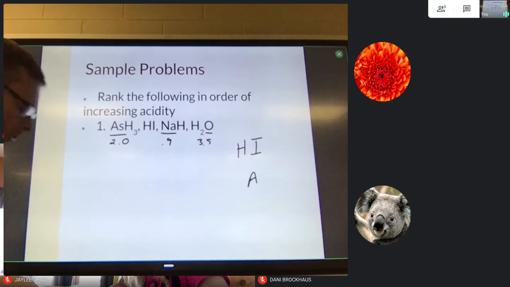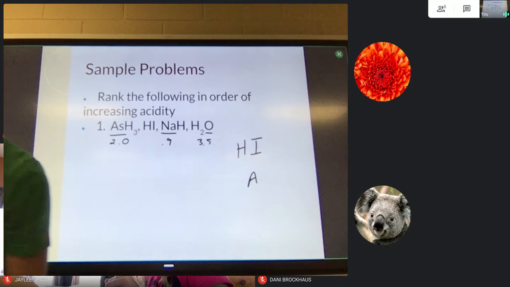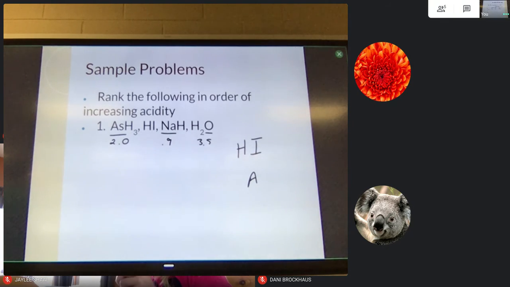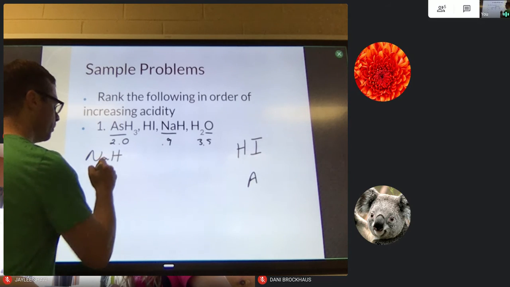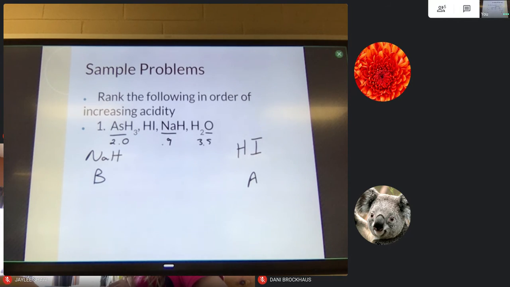So what we're looking at is typically, like I said, if you're looking at polarity, you've got to be pretty electronegative to be an acid, but not so much that the bond is really, really strong. So I would say that the thing that would be able to hold on to electrons the least would be the sodium. So the NaH is going to be the most base-like. Okay? So following this trend,